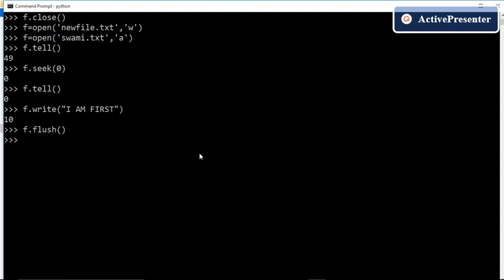Now let us proceed with another mode, that is X mode. X mode is exclusively for creating a file. In X mode, if I try to open an existing file, for example showme.txt, with mode X, then let us see what happens.